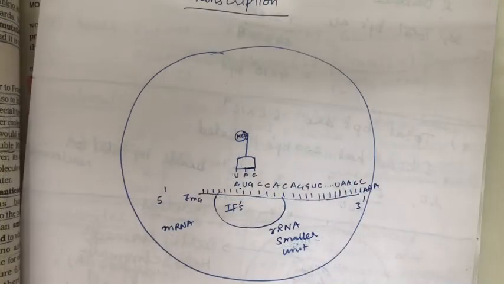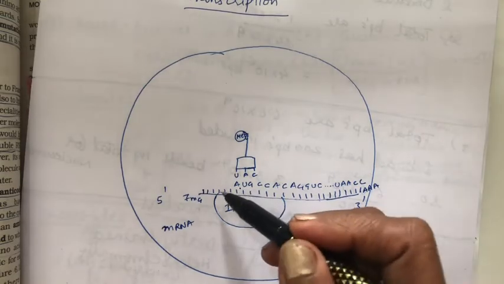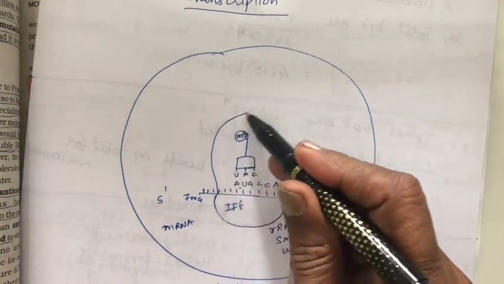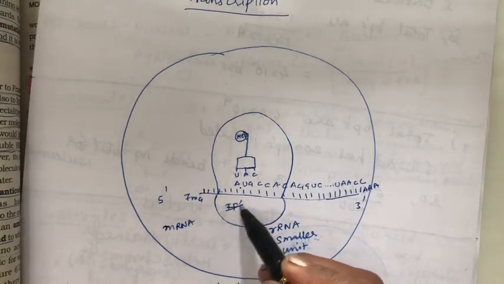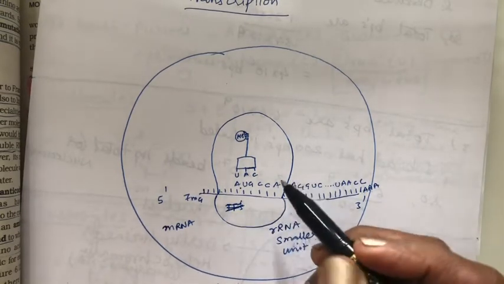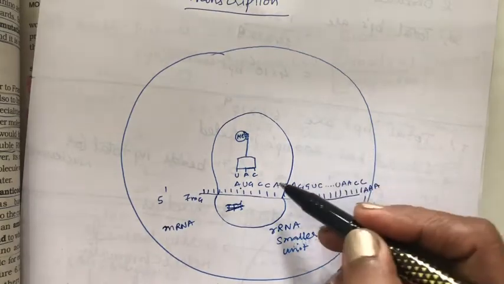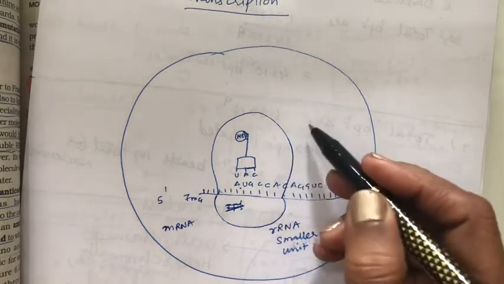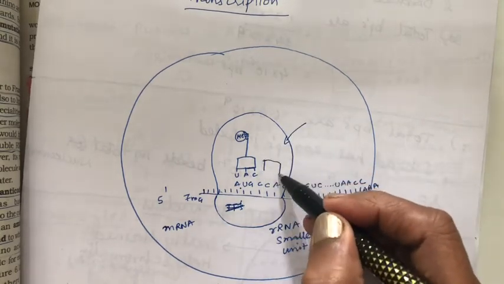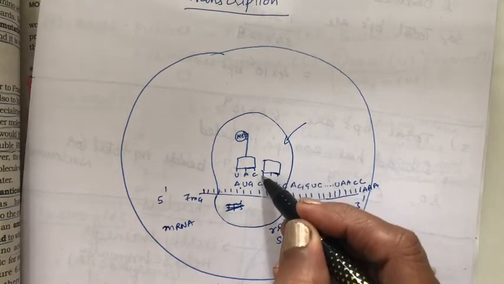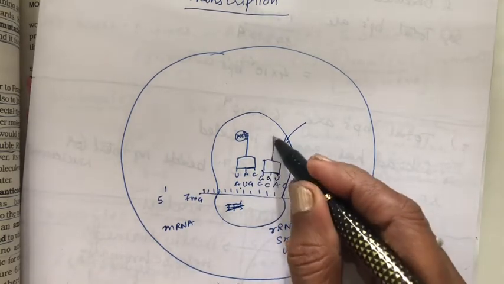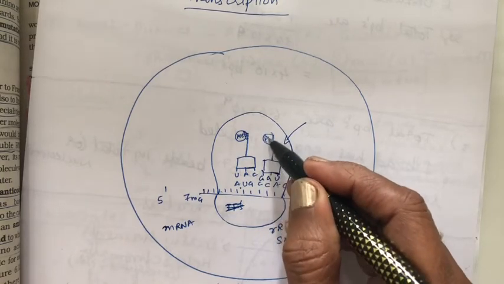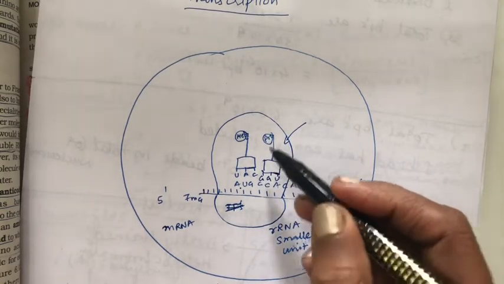Now the second step is the elongation of the protein. For this the larger subunit will come and attach at the site. The initiation factors will leave from here, and the next charged tRNA, responsible for the CCA amino acid, that is proline, will be brought here. So there will be another charged tRNA with GGU, carrying proline. This is brought in.